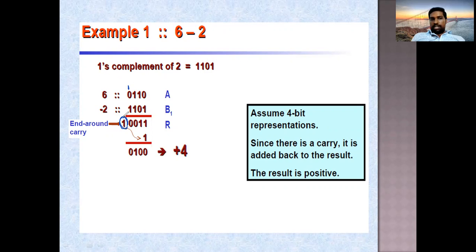As per the rule, if carry is generated, the result will be positive. That means whatever answer you are going to get will be a positive number. Then what you should do? You should bring that carry and add to the LSB. LSB means rightmost bit. See here, I have brought this carry to here and added it to the rightmost bit of the result. This is the result and this is the rightmost bit. For this rightmost bit, I added the carry.